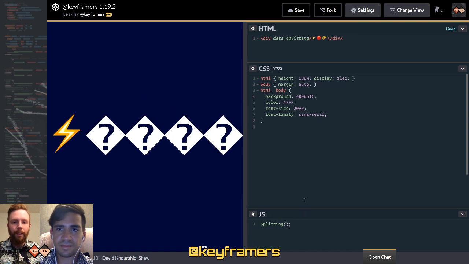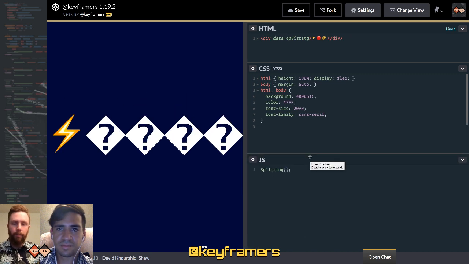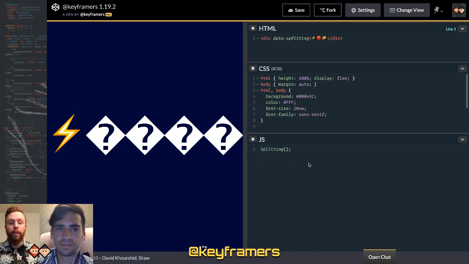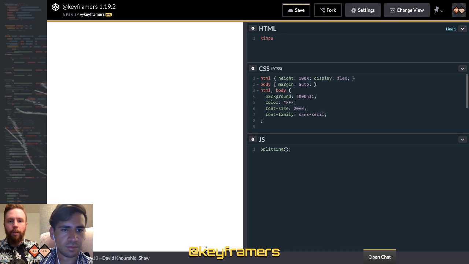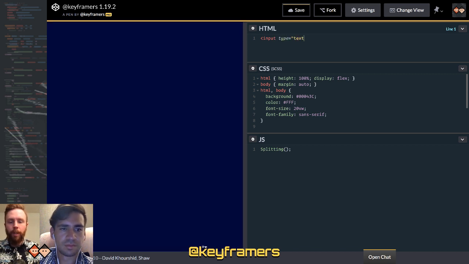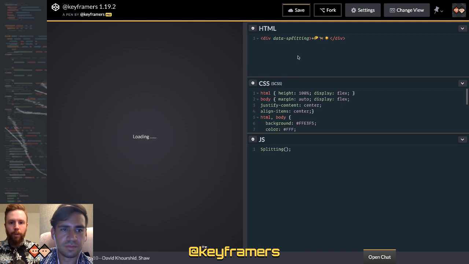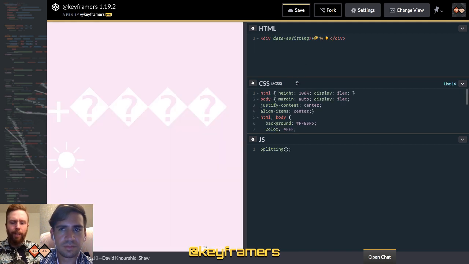So in those kinds of instances, you need to clear out all of the inner HTML and rerun it. But there is, so let's see. The best thing to do here would be you've got your input type equals text or whatever, and then you've got your div for display. Are you making edits? Yes. Can you see them? I'm on that same one, Keyframers 1.19.2. Refresh. Okay, yes, that was not working. I don't know what is up with that.